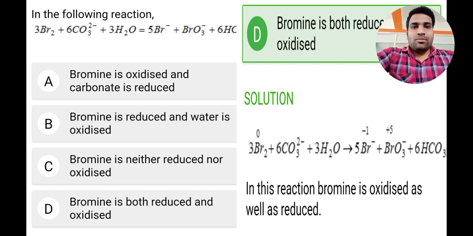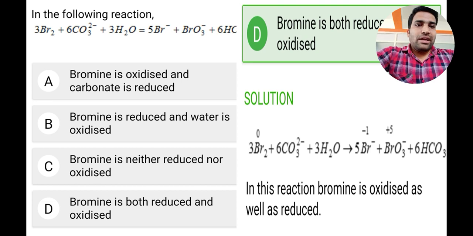Option B, bromine is reduced and water is oxidized. Option C, bromine is neither reduced nor oxidized. Option D, bromine is both reduced and oxidized. So here out of these 4, the correct option is option D, that is bromine is both reduced and oxidized,